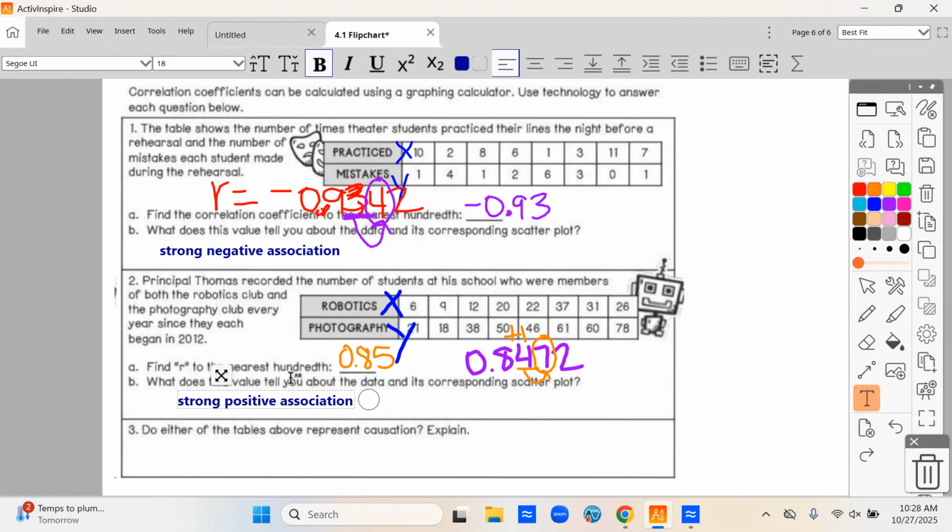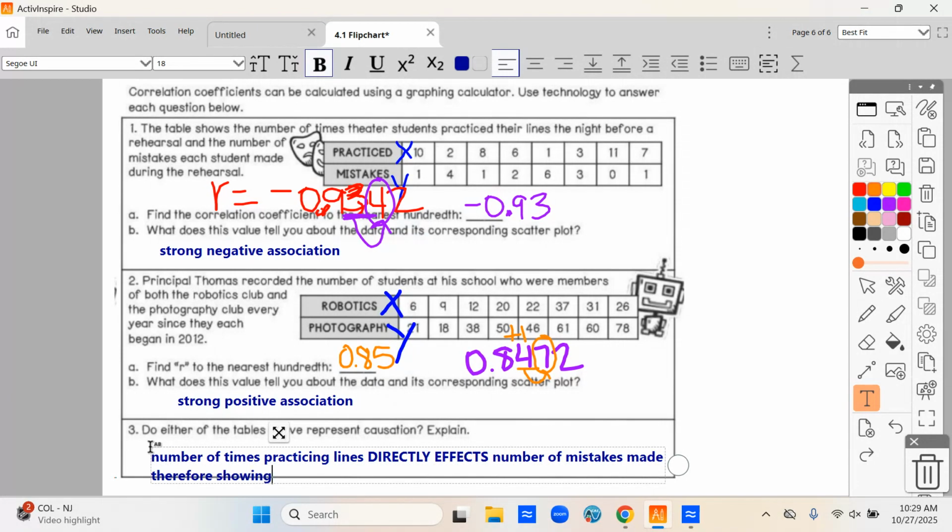Now, do either of these tables represent causation? Remember, causation is direct effect. Think cause and effect. Do the number of kids on the robotics team directly affect the number of kids in the photography club? No, because obviously they can be in both, they could be in one or the other, they could be in none. But do the number of times somebody practices their lines directly affect the number of mistakes they make? Yes. So, number of times practicing lines directly, I'm going to capitalize, affects number of mistakes made,